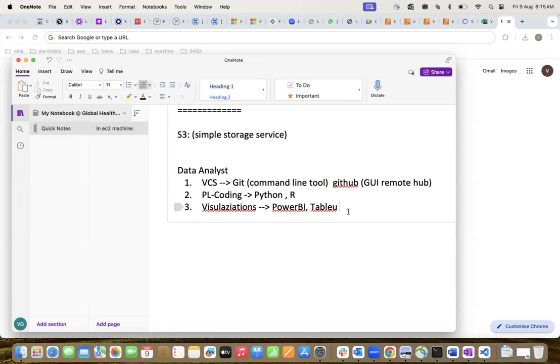Okay, next. The fourth one, cloud analytics. Cloud data analytics, that is what I'm taking here, AWS. And the fifth one, statistics.